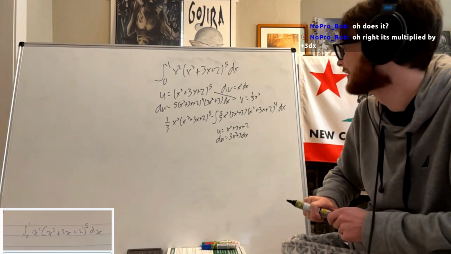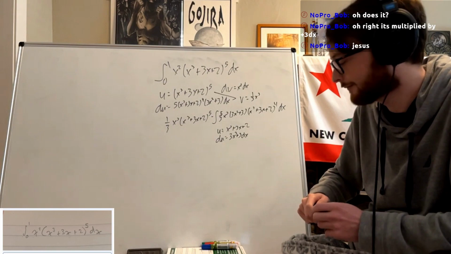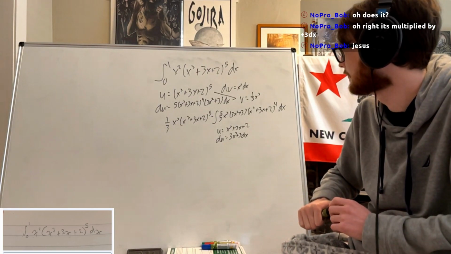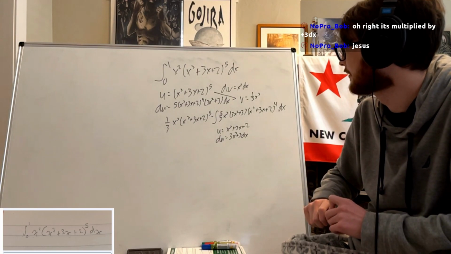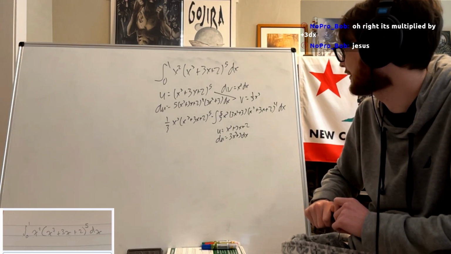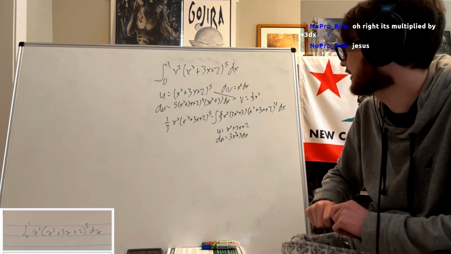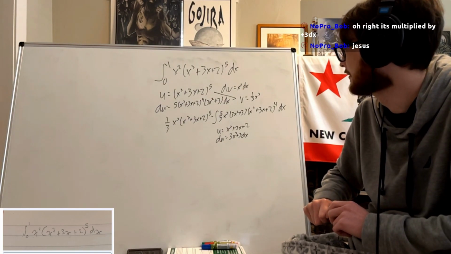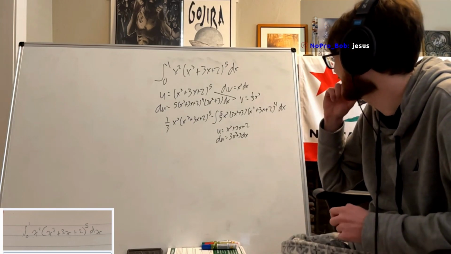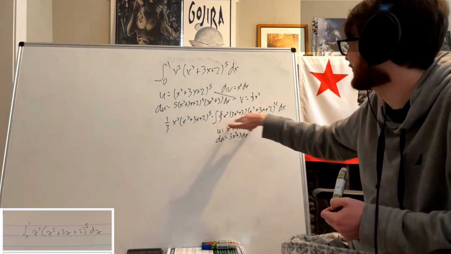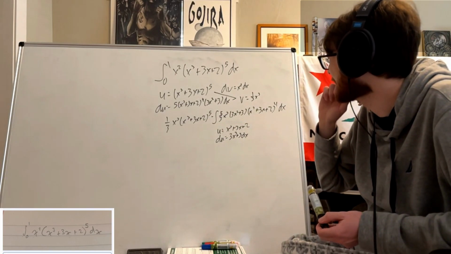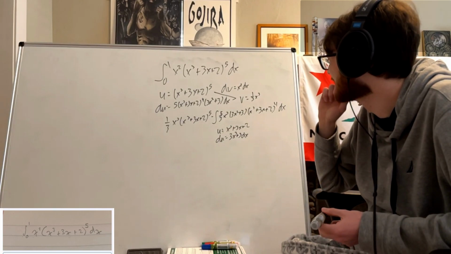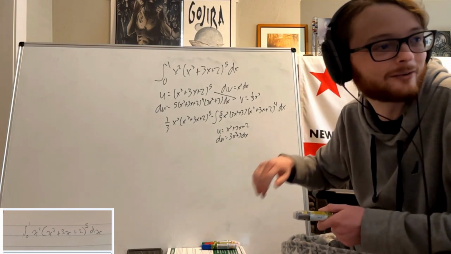Yeah. So I just don't think there's a clean way to do this besides multiplying it out, which really sucks. I mean, you could integrate that by parts again, in theory. I don't know. Wait, would you integrate that by parts again? Would you integrate this and derive that? That seems horrible, though. No, I'm not going to do that.